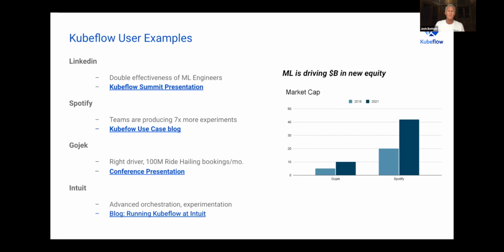They're doubling the effectiveness of their ML engineer. I mean, you know how expensive an ML engineer is, how hard they are to find and train. And if you've got a process where you can bring new people in, that's very valuable. Or teams producing 7 times more experiments. It was funny, at Spotify they were like, hey, I think we're getting 5 times more productivity, but that'll probably scare our management. So we're just going to tell them that we're getting 2 times the productivity increase of using